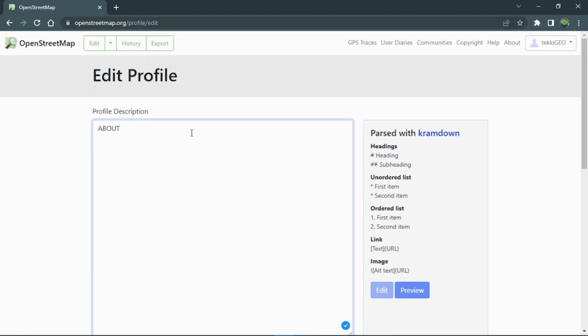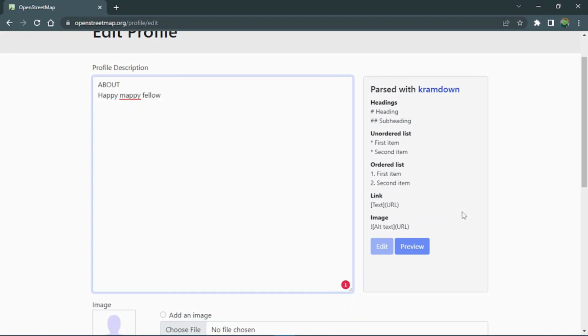and write about myself. So I'll say I'm a happy fellow. Now this is just something I'm putting in for the sake of this tutorial. You can go ahead and put in some authentic information that will be helpful. So now when you go to preview,